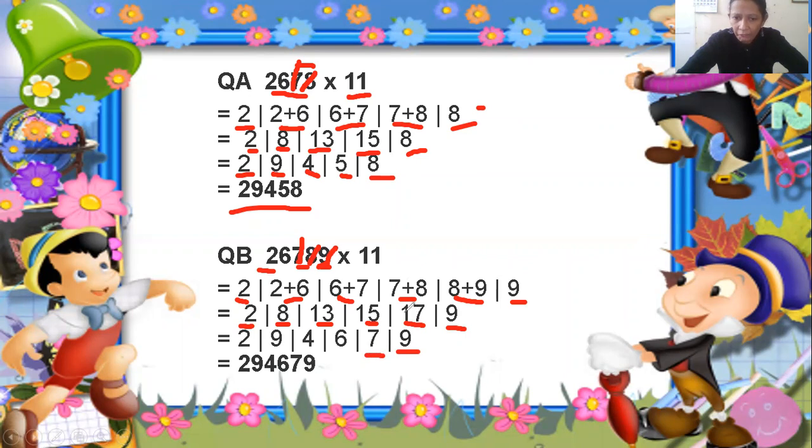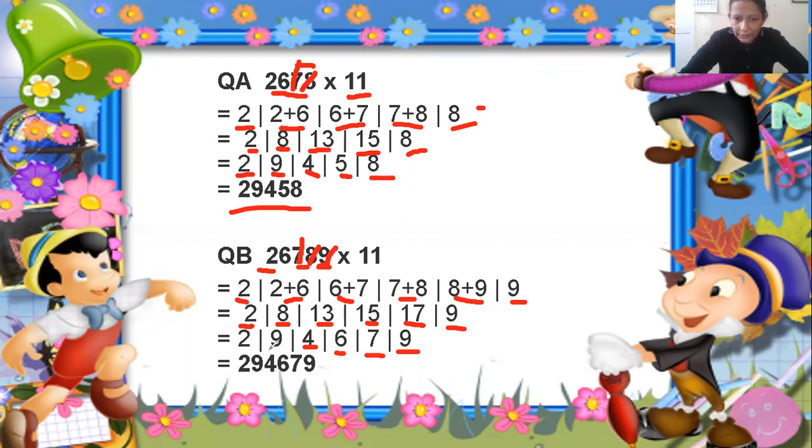1 you will carry forward and add with 15. 15 plus 1 you know is 16. So from 16 you can't write down 16. Only the unit digit is 6. So you will write down here 6 and 1 will be left. 1 you will add with this 13. 13 plus 1 you all know is 14, but you can't write here 14. Only a single digit you have to write down. So 4 you will write down here. 1 you will carry forward and 8 you will add with this 1.